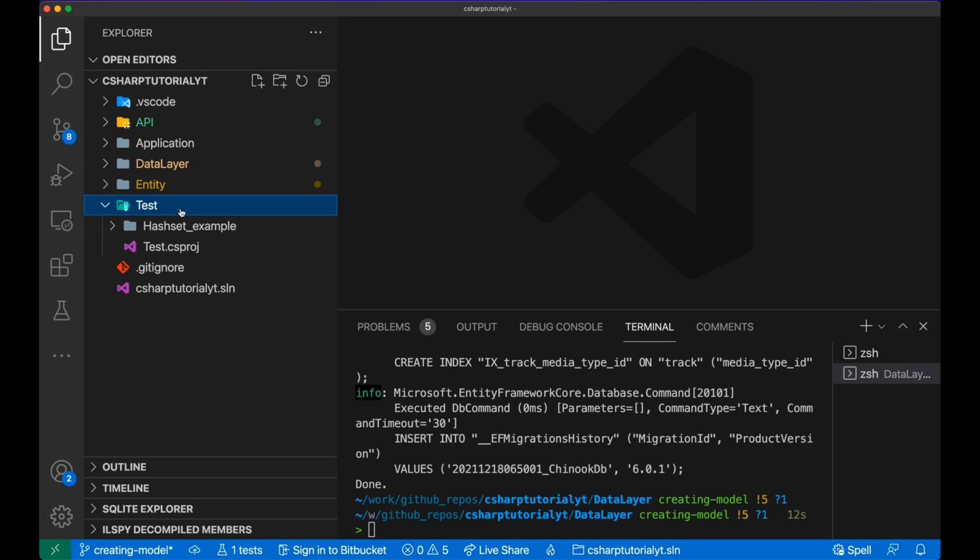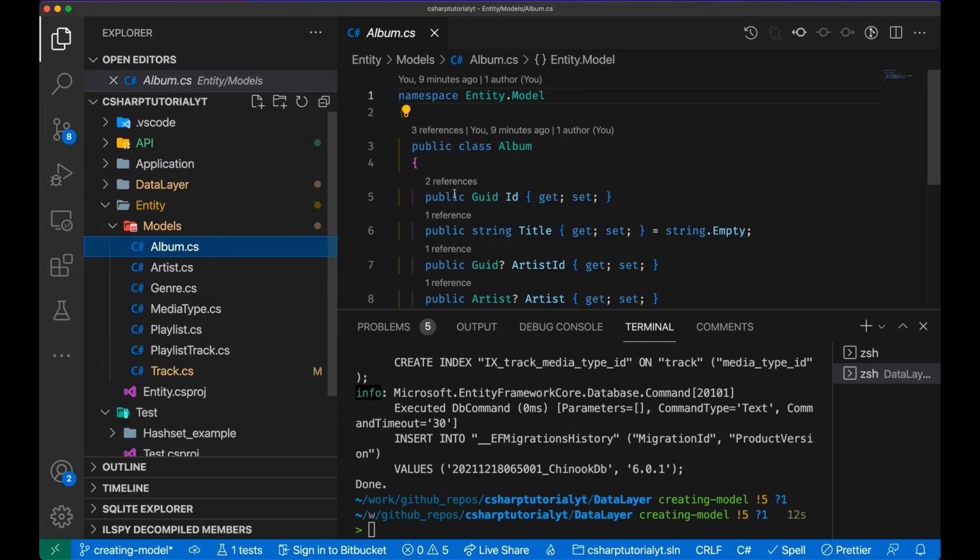And the last bit of today, what I want to do